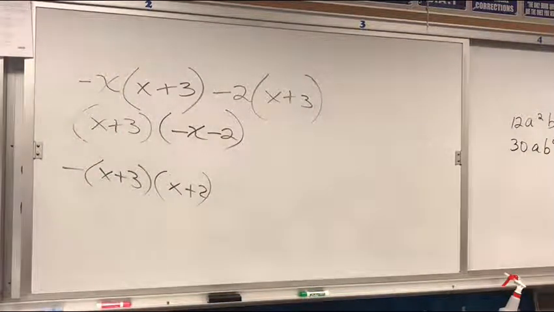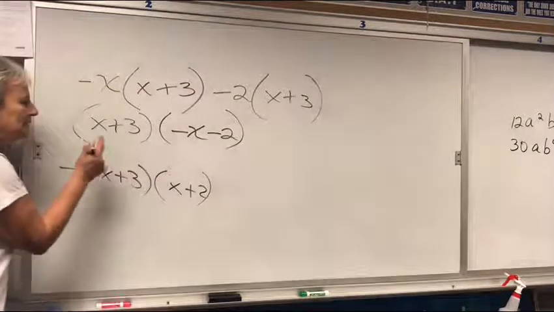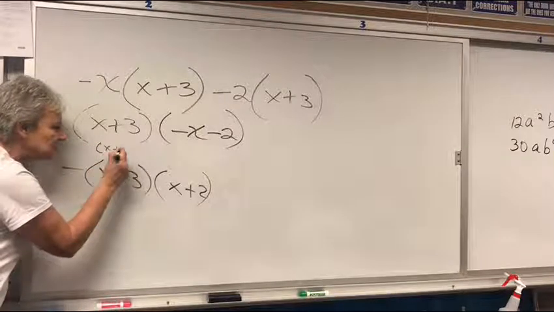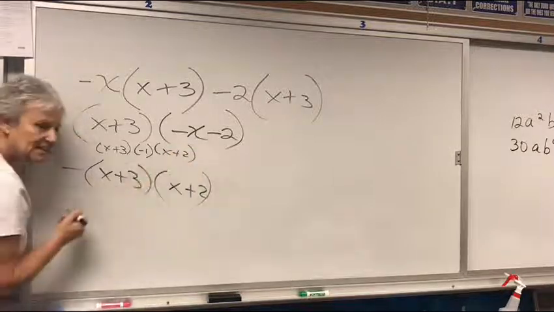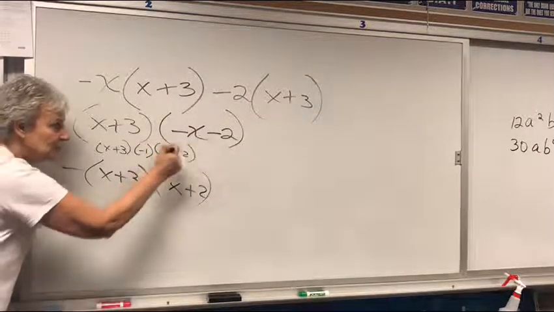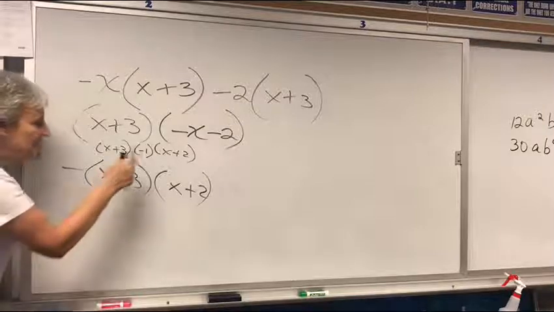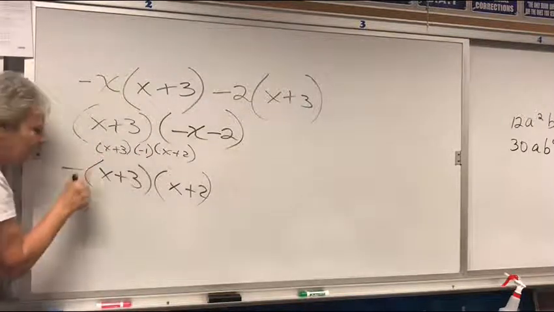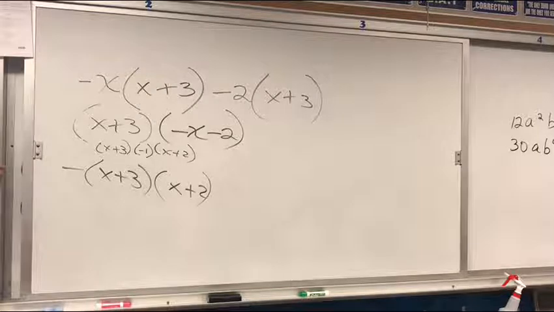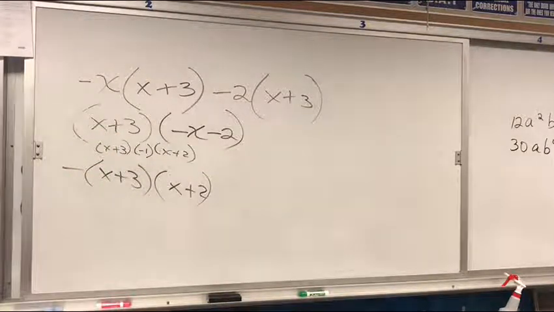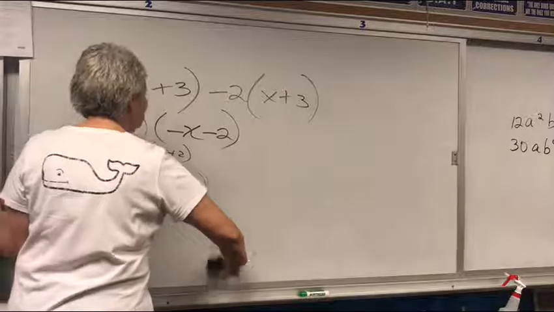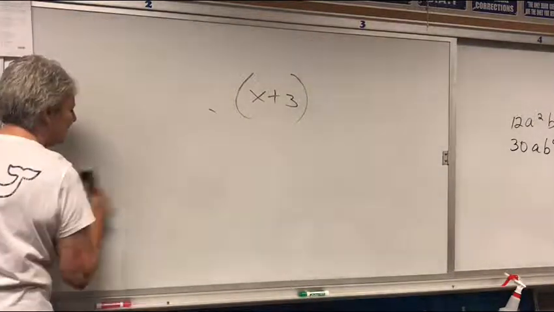No, let's keep going. Is it done? Basically, what I did was throw in a little step here. X plus 3, pulled out a negative 1, x plus 2. I pulled out a negative, so there's no negative there. Then I put the negative 1 in the front as a negative. There's no negative here. You don't pull anything out of here. Okay? All right, now that you know that a binomial can be